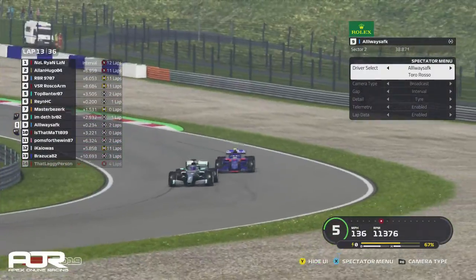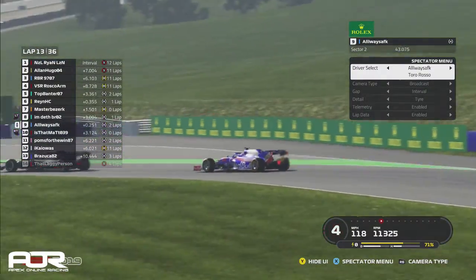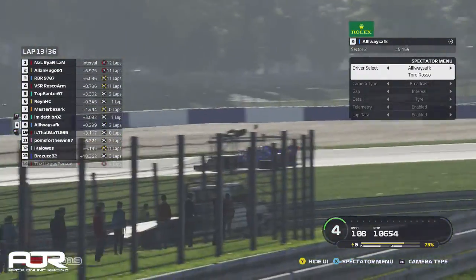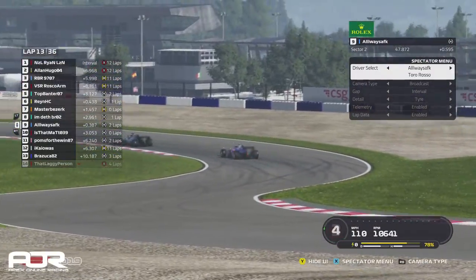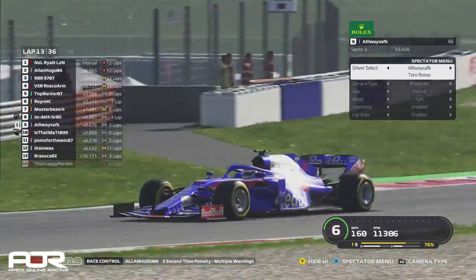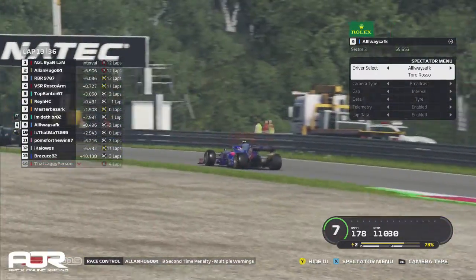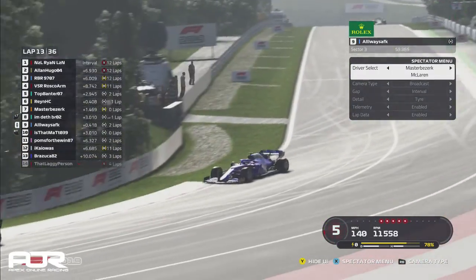But interestingly, Berserk on the mediums, and we'll probably be seeing Ryan and Alan Hugo going on the mediums too. Yeah, I think it's a bit of a lap too early for Master Berserk, because I was expecting people, if they were to go onto the mediums, to pit around the end of lap 13, and Master Berserk hasn't done that. He pitted on the end of lap 12,